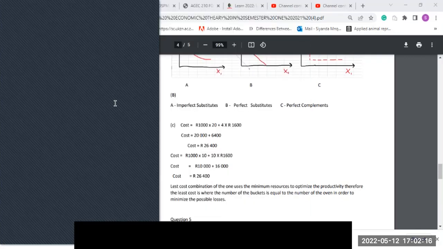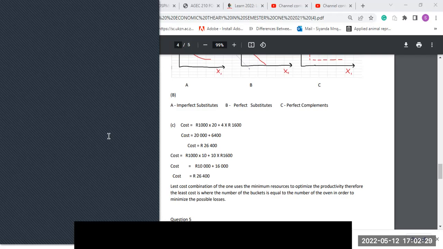If we visible, try for you to see. Right, perfect. So